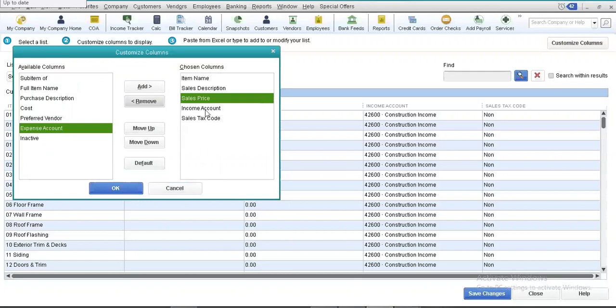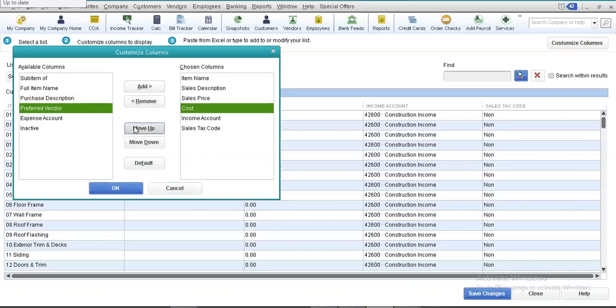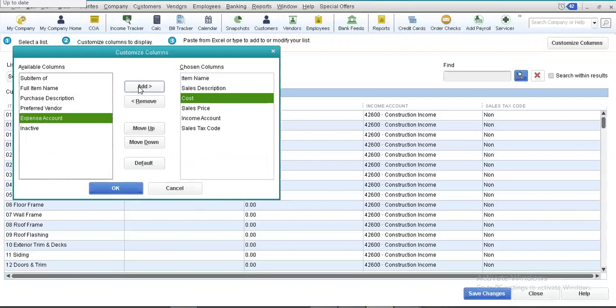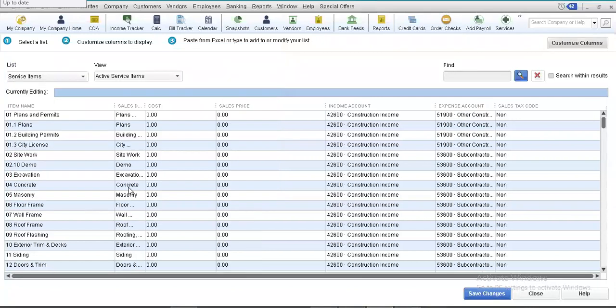We are interested in cost as well, so we add this, move it up, and want to see cost before sales price. We also want to see the expense account. We add this and move it up to be under the income account. All right, we select OK.